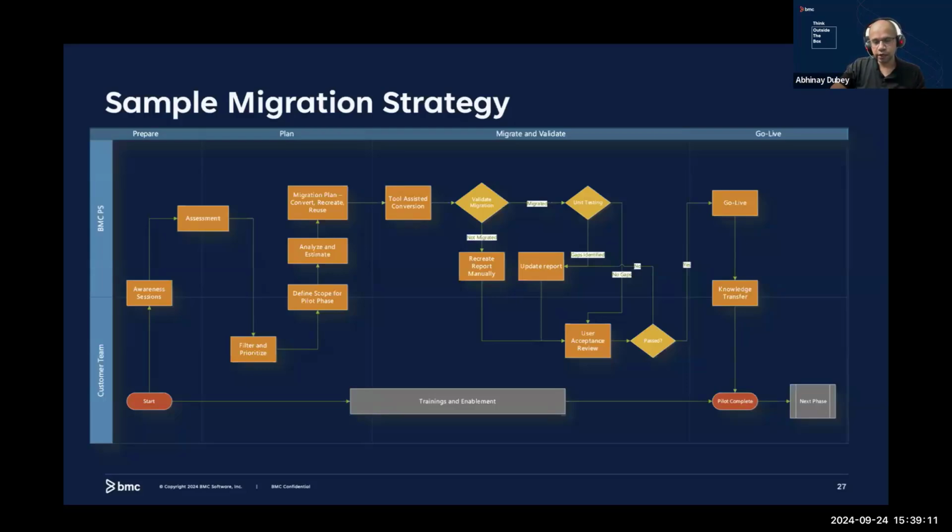The next is recreation. And there we are essentially looking at the reports which should be recreated from scratch. And there can be different reasons for doing that. Most important one, I would say, is unlocking the new potential of the new platform available to you. Now the entire ServiceOps domain is open to you in the new platform. You can pull in data from different